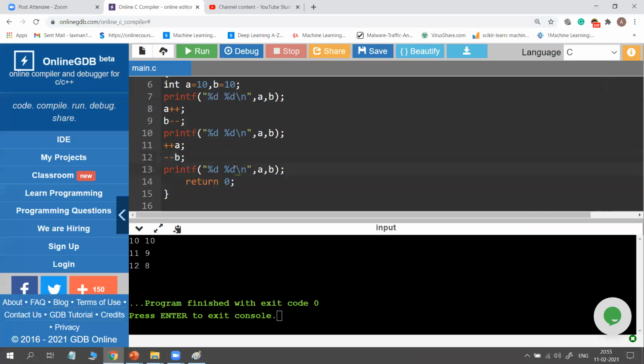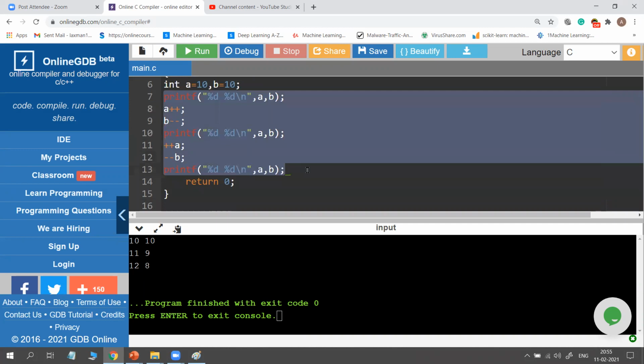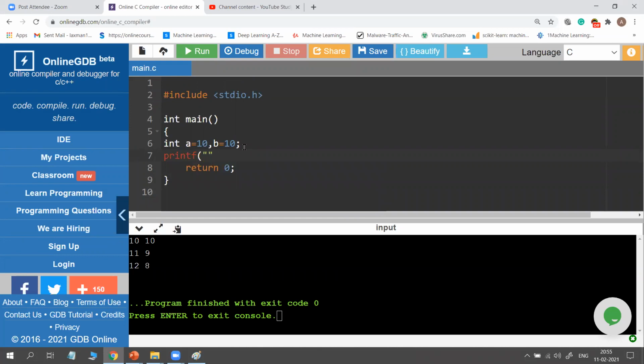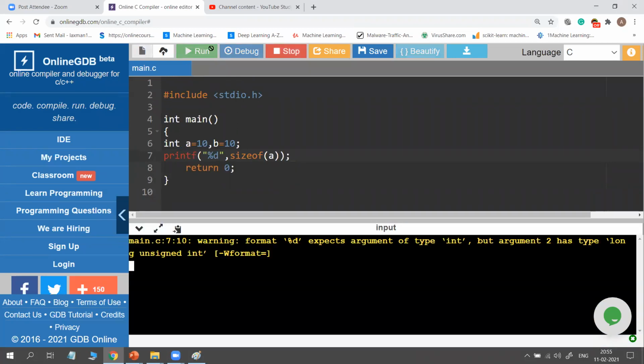But sizeof you can use. For example, I am removing everything. So you just use this sizeof to see how much memory is allocated to your variable. For example, sizeof A. Okay, so just run it. So you get a warning, because of course the output is 4 bytes. You know that the size of integer is 4 bytes, not the value. The value of A is 10. If you give printf percentage d, A, you will get output 10. But sizeof A. Okay, so why is it giving a warning?